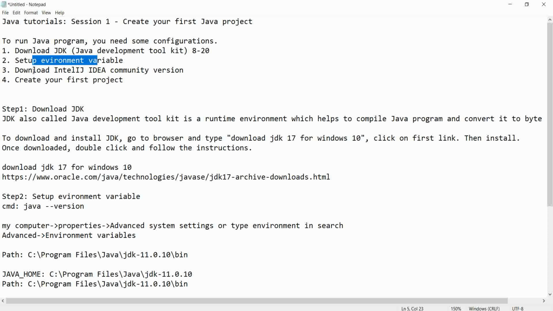Next, you will download IntelliJ. IntelliJ is software on which you will write and run Java programs. There are many software options available to run Java programs, for example IntelliJ, Eclipse, and BlueJ, but IntelliJ is prominently used. Next, you will create your first Java project.